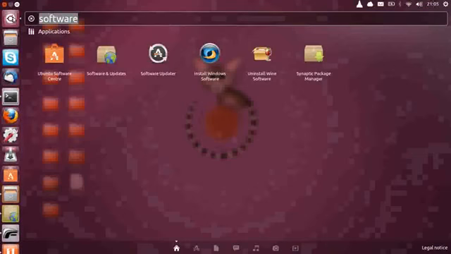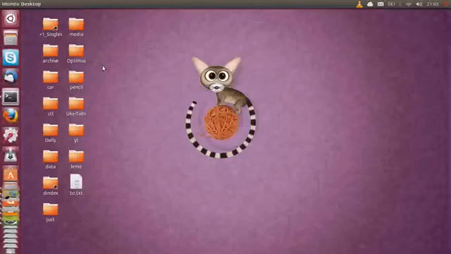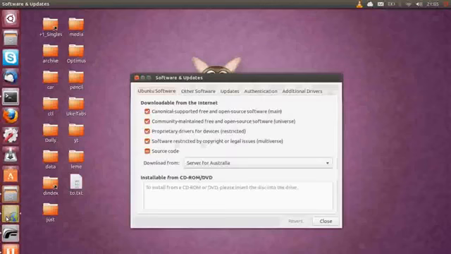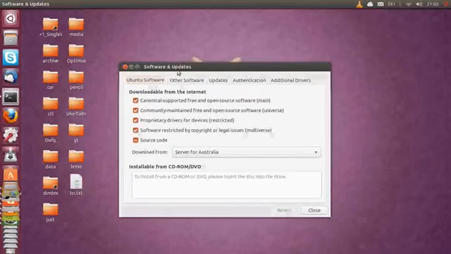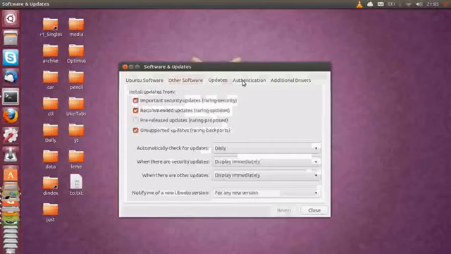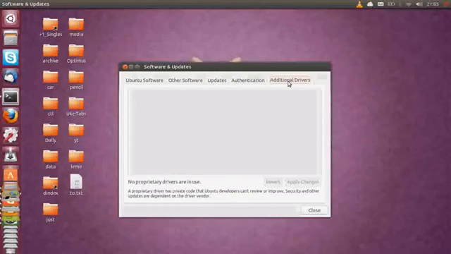to the applications menu and then go to software and updates, as you can see there. So we'll just click on that one for a moment, and when it does load up, here we go. So when software and updates do load up, you want to tab across to the additional drivers section. Now I've got no proprietary hardware on my system, so nothing shows up there, but very commonly you'll find if your Wi-Fi card is not working or your video card hardware acceleration isn't working that great, it'll be